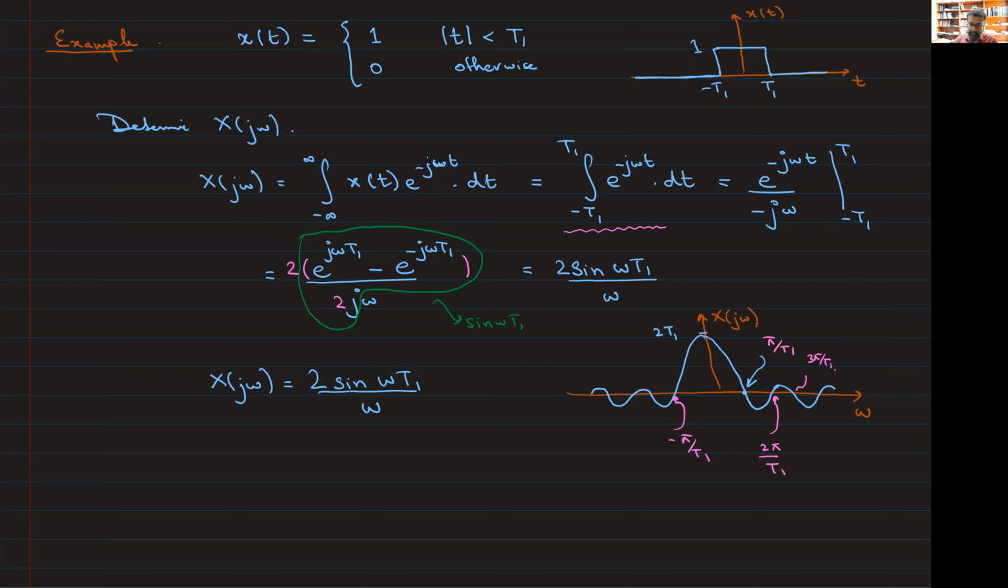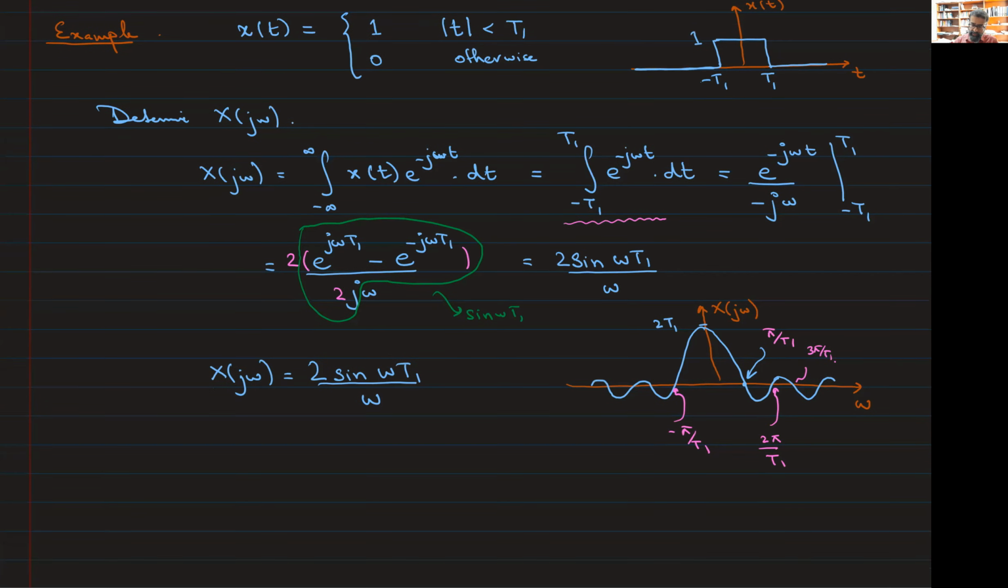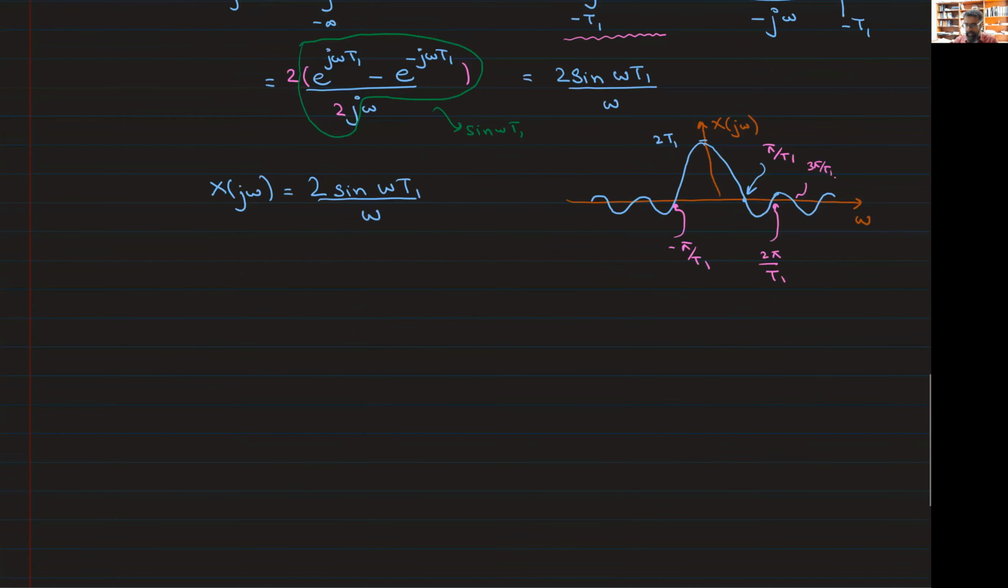Right. So let me sketch this out just to try to get some intuition here. What happens if I increase t1? What happens if I decrease t1? So what we've been able to conclude is the following, that if I give you a time domain signal, in which this is the t-axis,